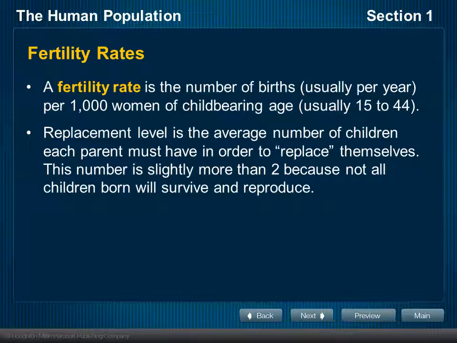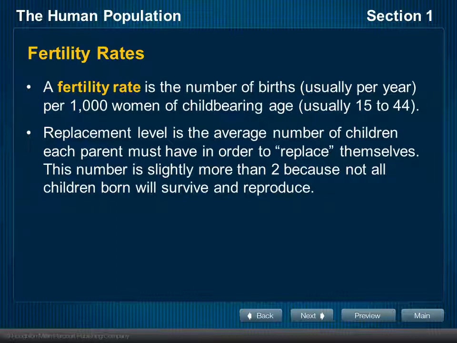And in terms of fertility rate, the main thing that we're looking at here is replacement level. We define replacement level as the average number of children each parent must have in order to replace themselves. Now, intuitively, we would think that this would be 2, right? Because it takes 2 parents to make a child, and this is about replacing themselves, so you would need to